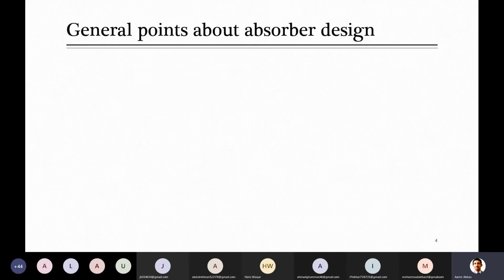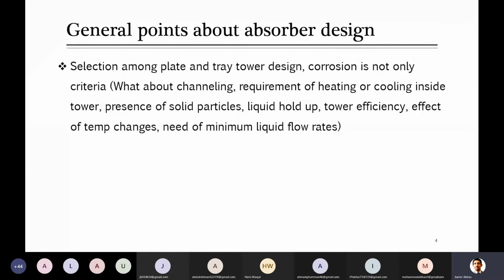So for your information, let me tell you, yesterday one of the teachers indicated, he was telling the students who said that we have selected H2S gas removal, and due to this we are going with packing, and then he told them that if you go to the industry, you will see that for all H2S removal, most of the time you will have tray towers, not packed towers. So there are a few other parameters. Corrosion is not the only parameter. So let's look at a few things.